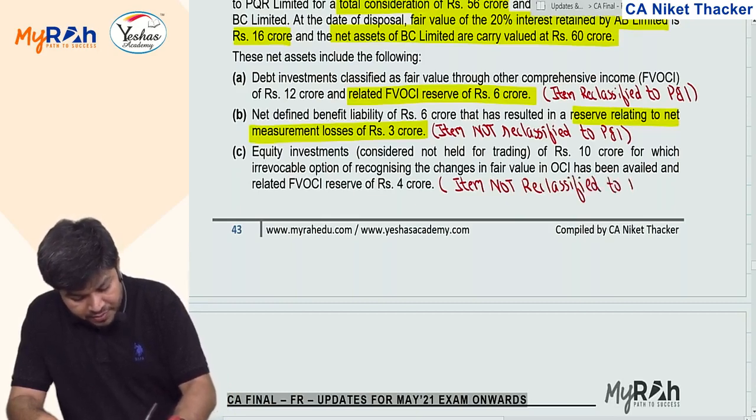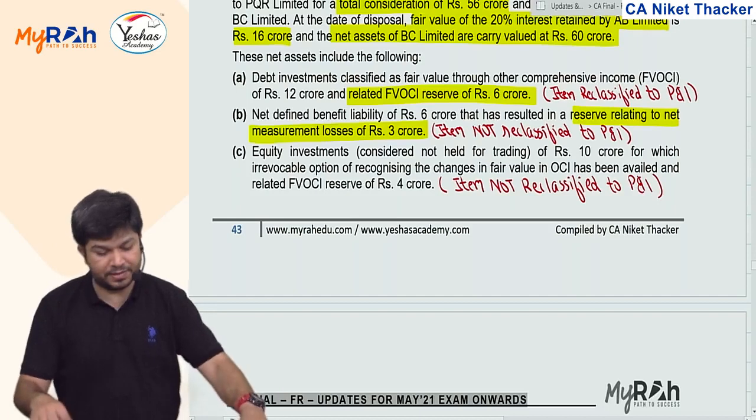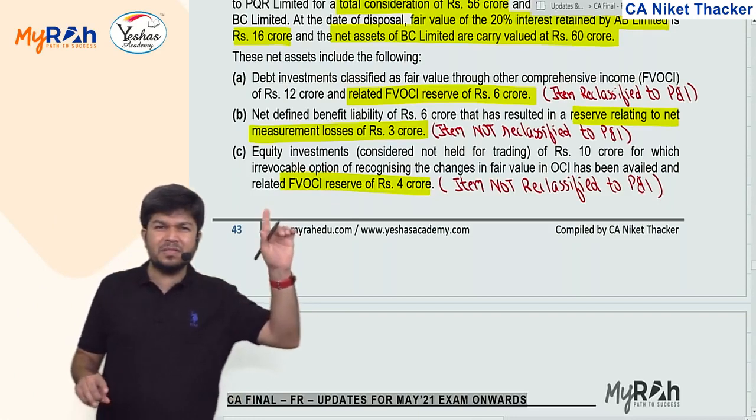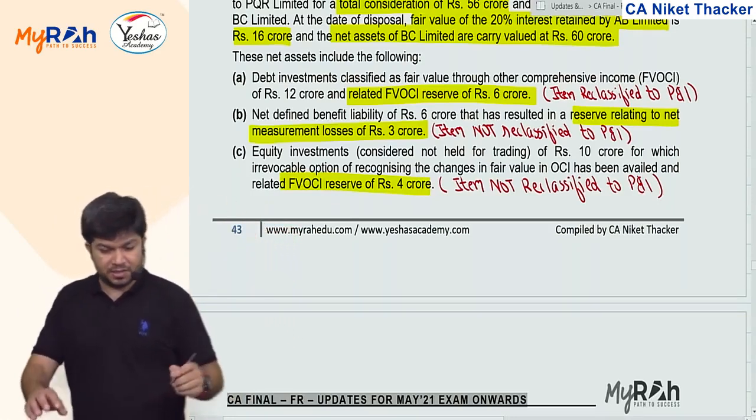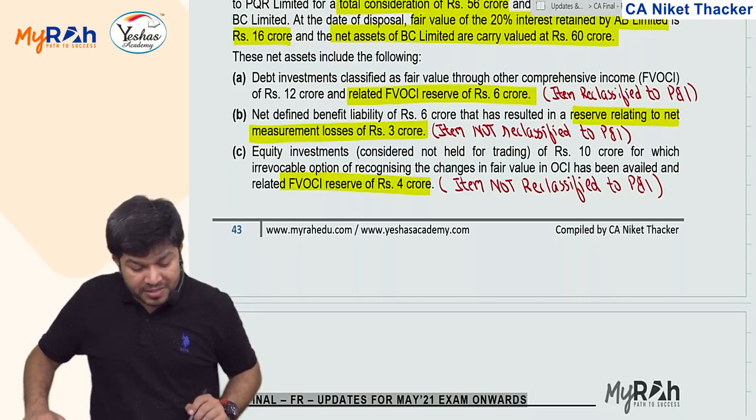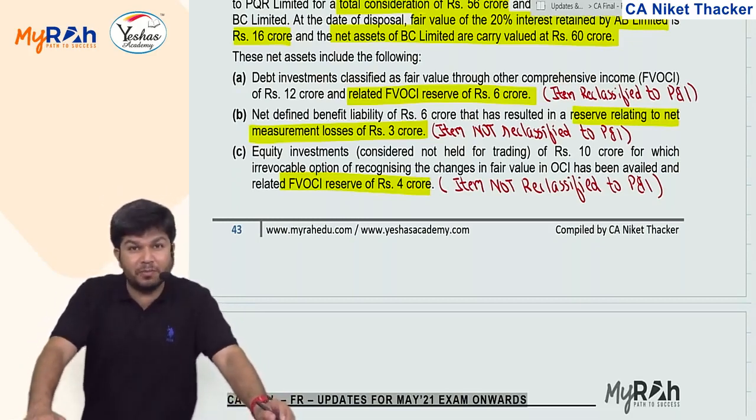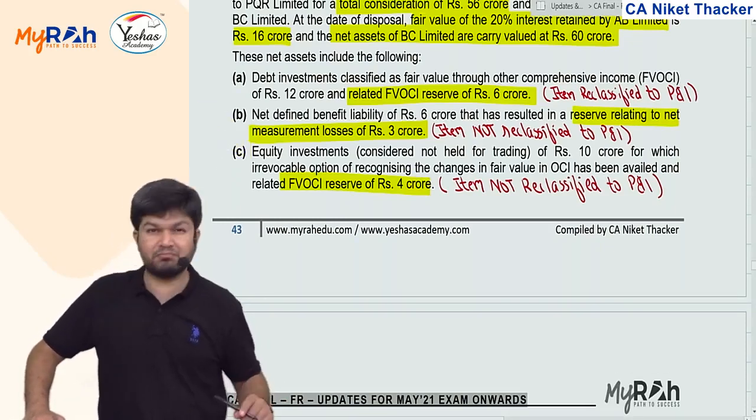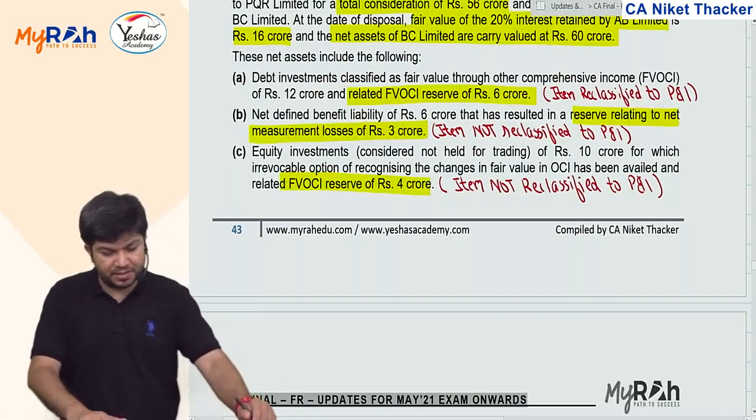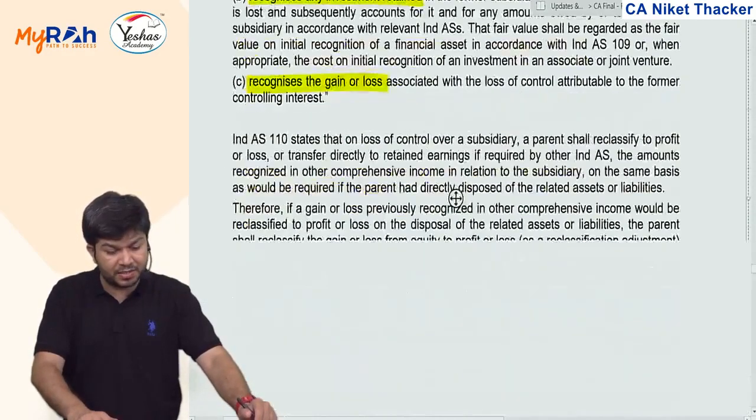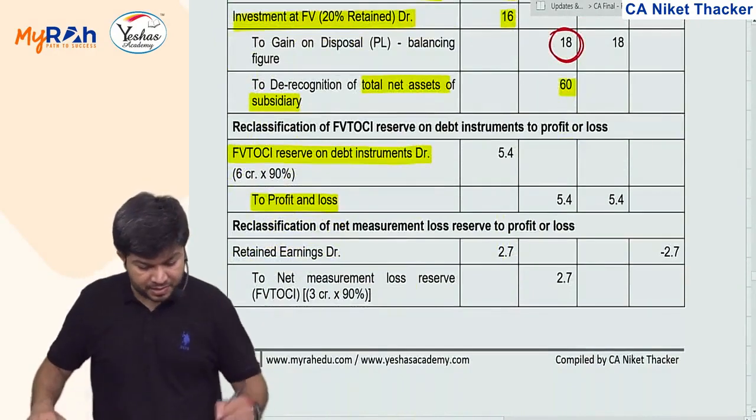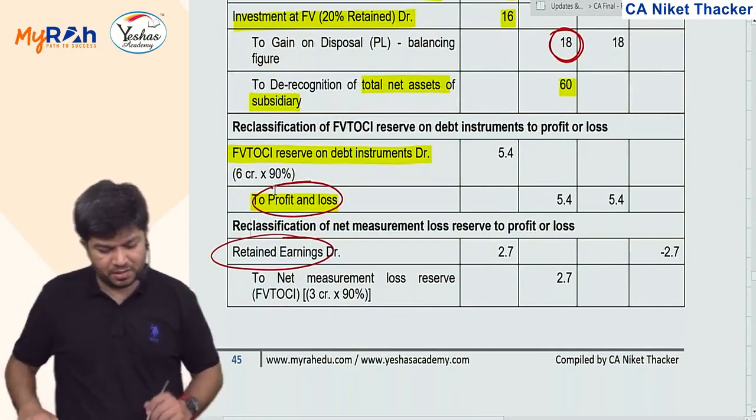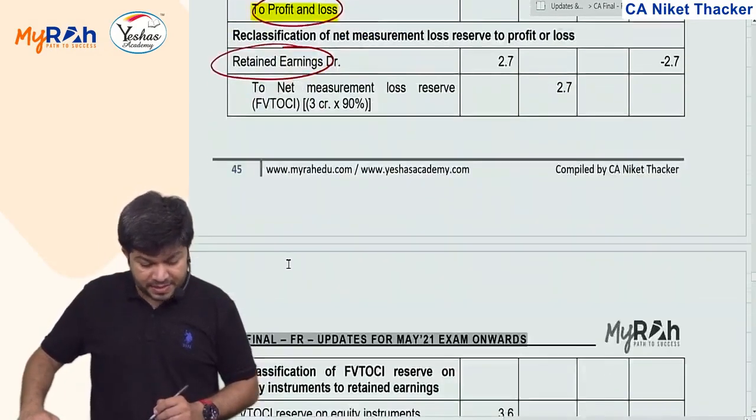Okay, these are not reclassified to P&L. They go in retained earnings. But what is the reserve balance? Reserve balance is 4. In that also 10% is NCI. This 3 is nothing but 2.7 and 4 is nothing but 3.6. This 2.7 is a loss. Retained earnings debit, to reserve relating to net defined benefit liability. See, here is retained earnings, here is P&L. Okay, 2.7. Same way for